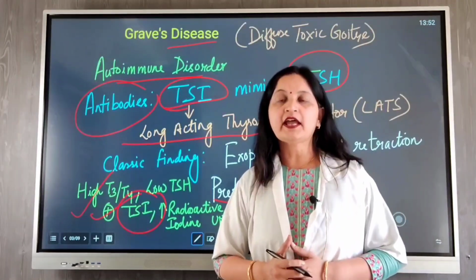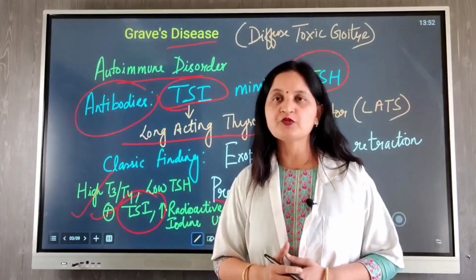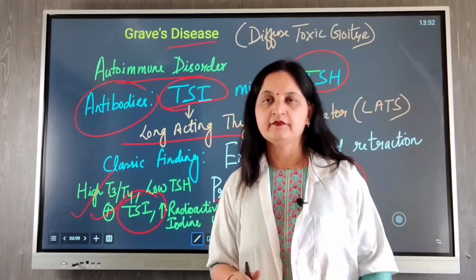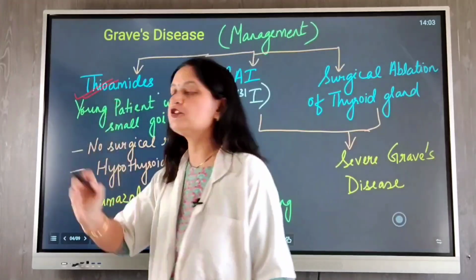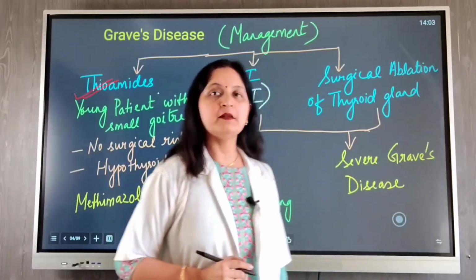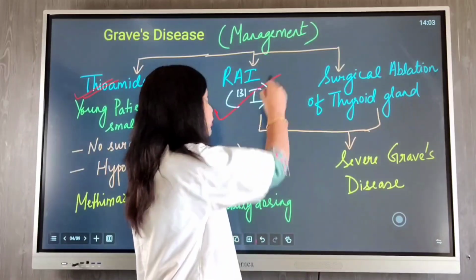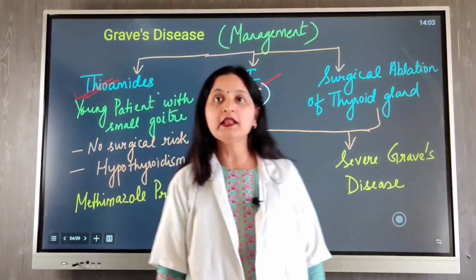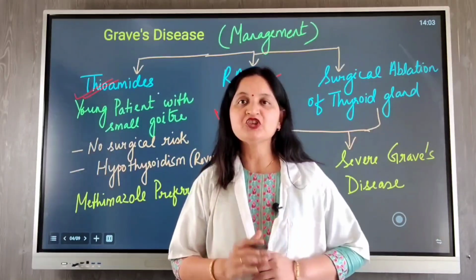So these are some of the diagnostic features of Graves' disease. Let's now discuss the treatment options of Graves' disease. The treatment options in Graves' disease are thioamides, which includes drugs such as propylthiouracil, methimazole and carbimazole. The next treatment option is radioactive iodine or iodine 131, and the third treatment option is surgical ablation of thyroid